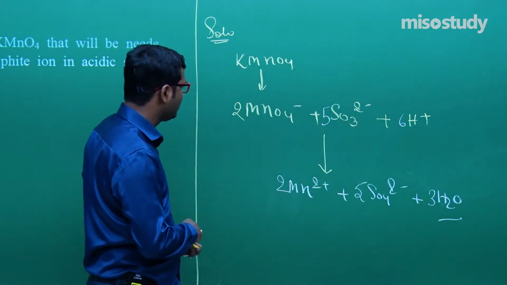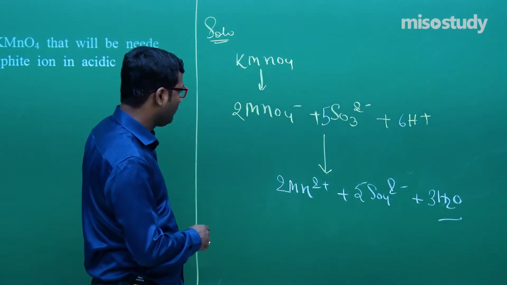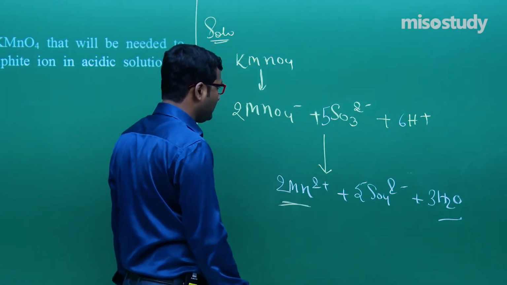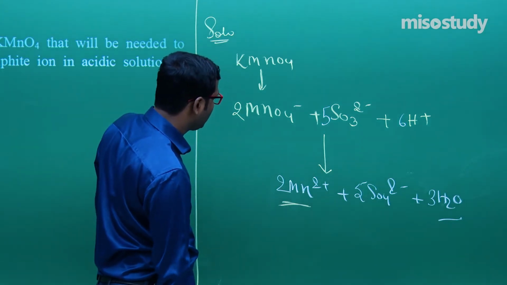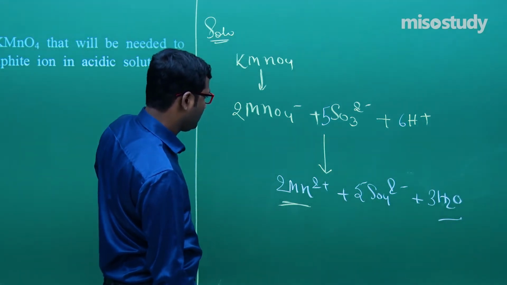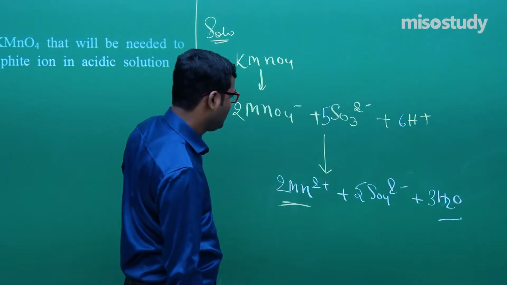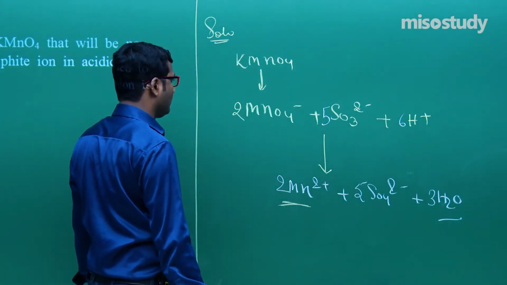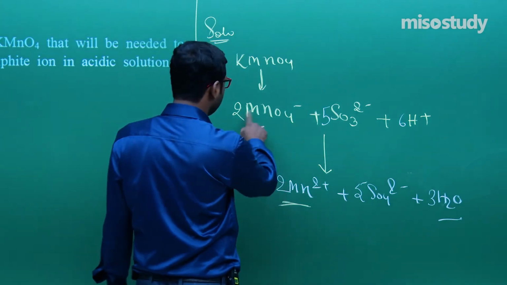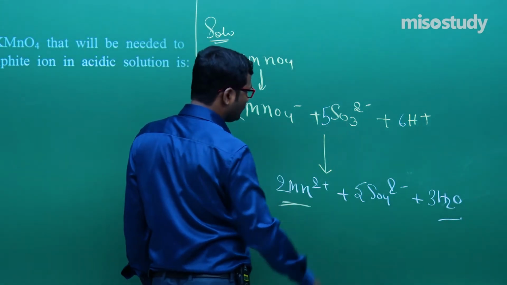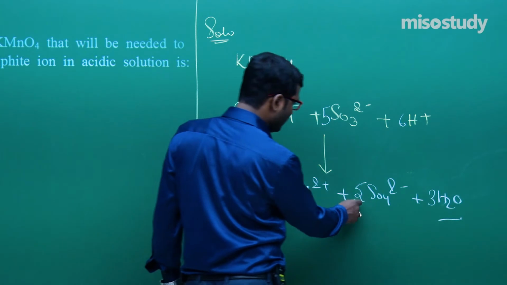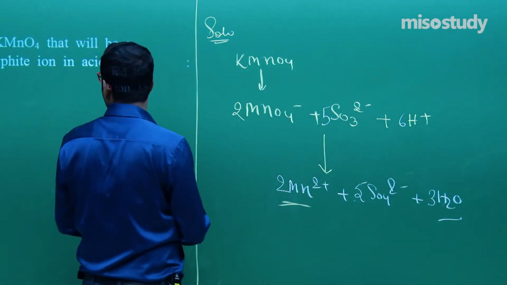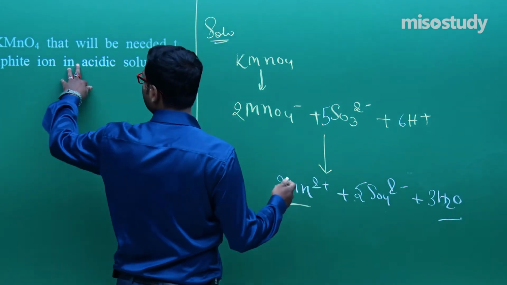Hydrogen is 6, oxygen 2 MnO4 minus, 2 Mn2 plus, oxygen 8, 3 and 3. Okay, 10, 8. Oxygen is 8 and 15, 23, 23 here, 5 for 20 and 3 20. Completely balanced reaction. Now look at what is given here, number of moles that will be needed to react 1